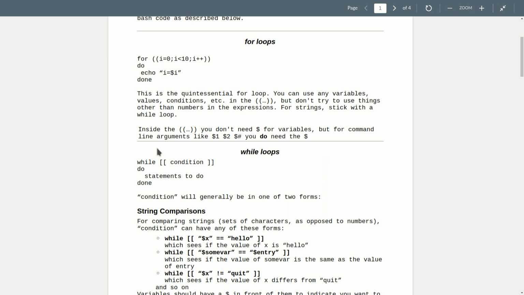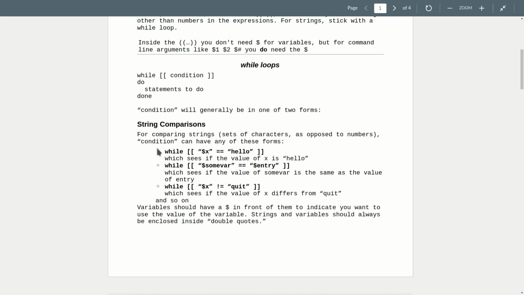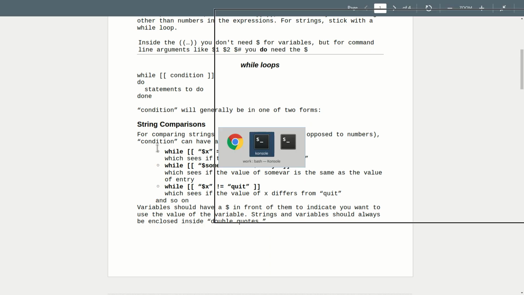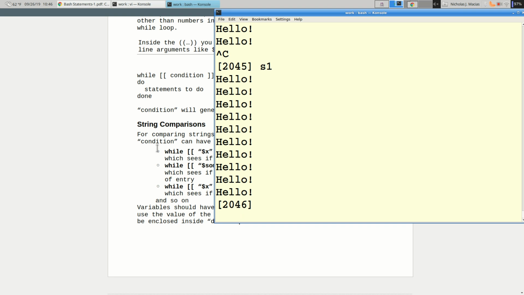All right, and we'll play with conditionals tomorrow. We don't have to get into those today. But looping, so while, do, statements, done. And there's other ways that you can do this, and if you write a while loop,